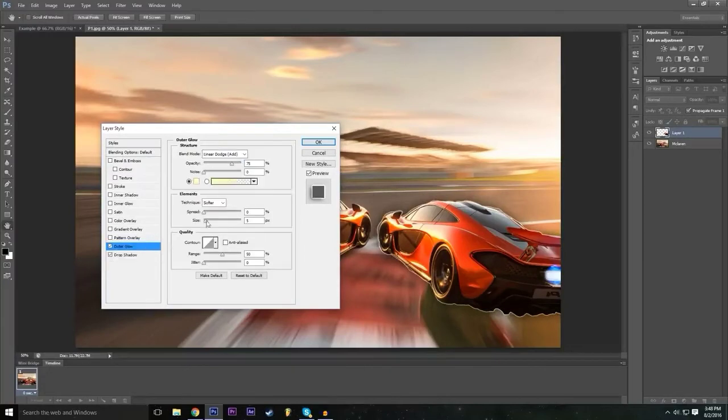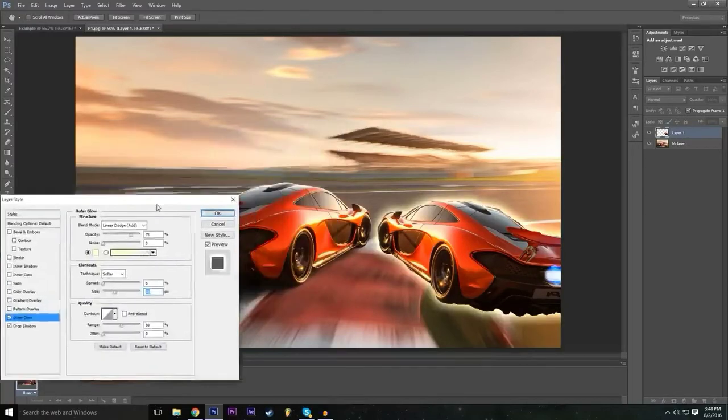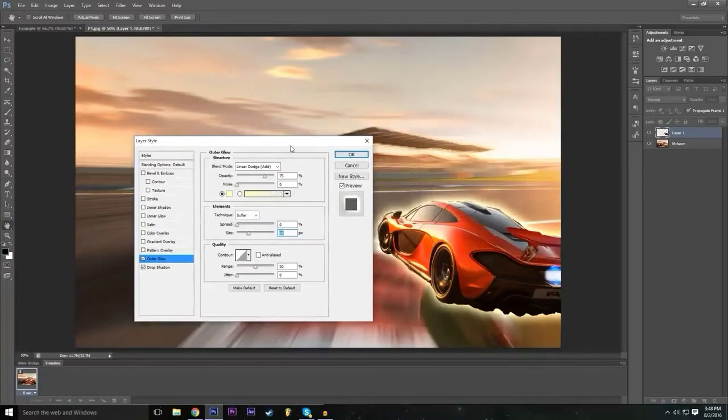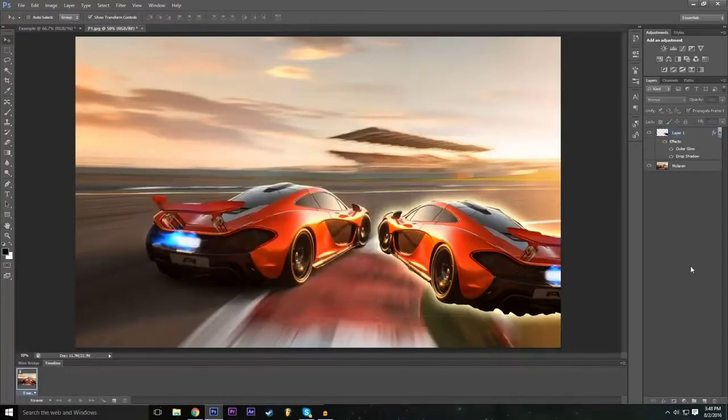That looks cool. And then we can increase the size. As you guys can see, that looks pretty cool. So yeah, I just showed you guys everything else. It's quite straightforward for the effects. But now what we're actually going to do is make an adjustment layer. And basically we're going to mess around with the color correction, the exposure, everything to make this image look as